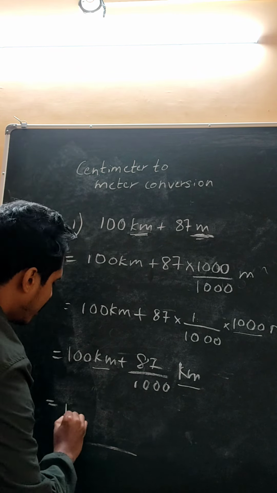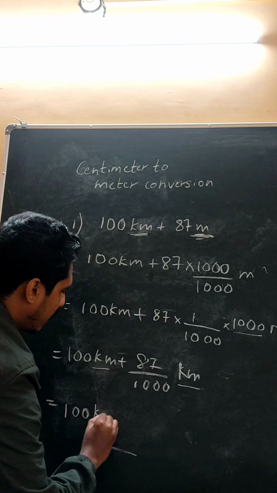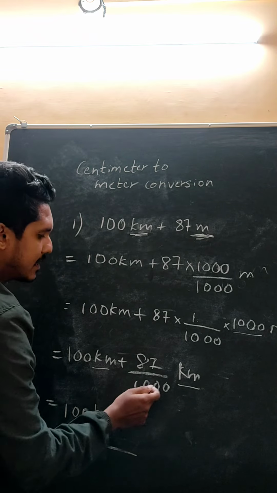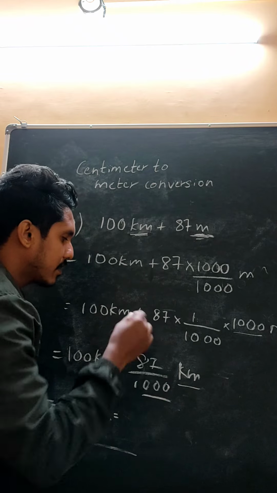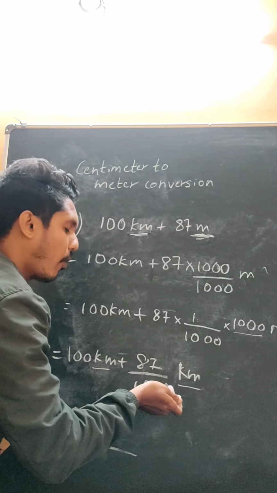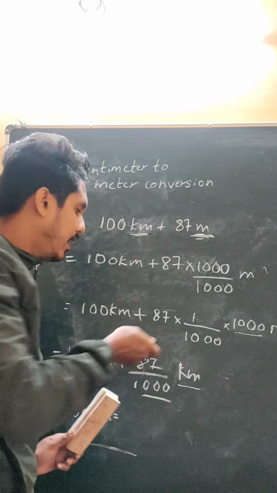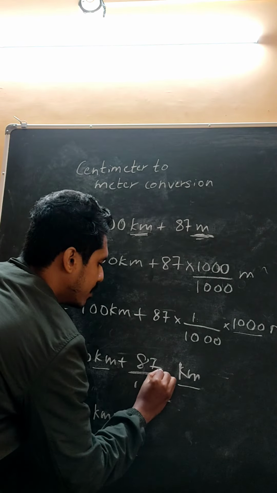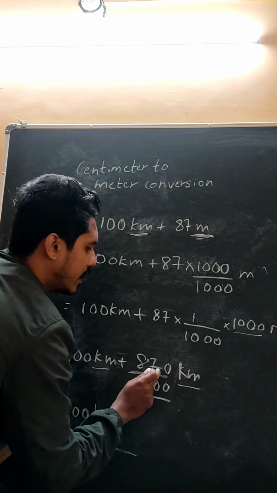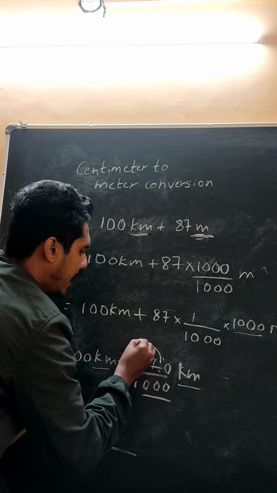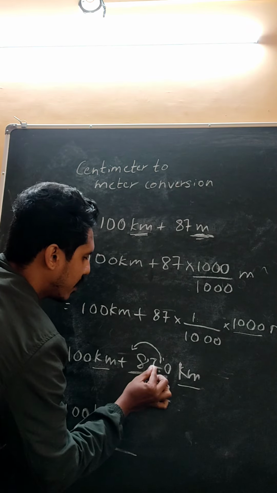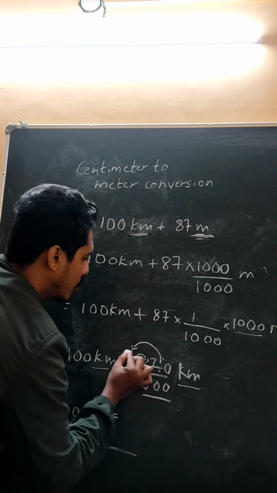Okay, check. 100 kilometer. What is 87 divided by 1000? If there are 3 zeros here, I have explained in the previous classes, we have to shift the decimal point 3 houses behind. So the decimal point is here, right? 87.0. The decimal point is here. So we have to shift this decimal point behind 3 houses. 3 houses means there are only 2 houses. We have to take 1 0 here.